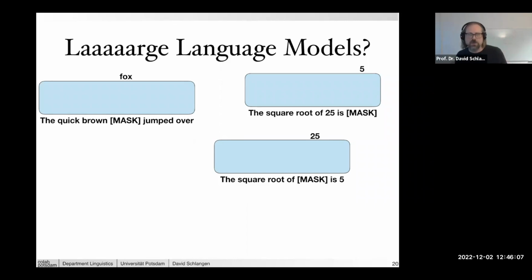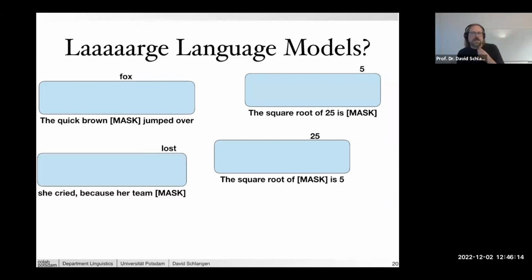That's not quite the right way of talking about it, but it's kind of okay to think about this. They develop subroutines for doing math, and that generalize a little bit. Well, they also develop subroutines that kind of look like common sense, right? So she cried because her team, well, common sense would tell you that you cry because your team loses. I put this example there before certain events, recent events. Anyway,